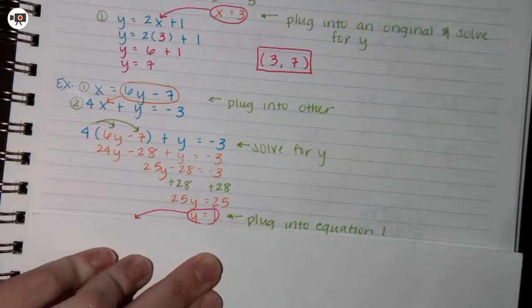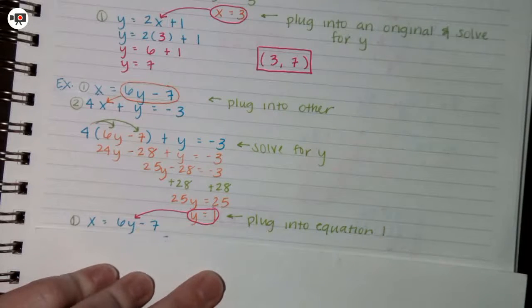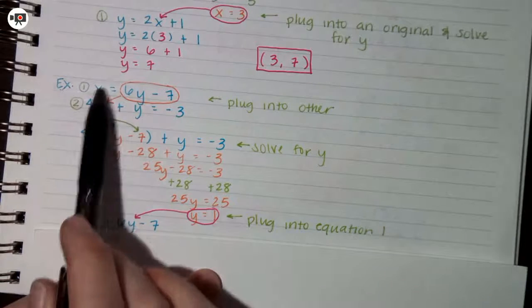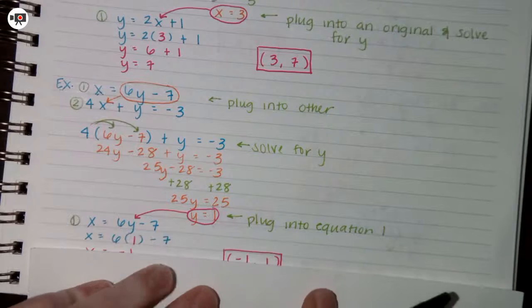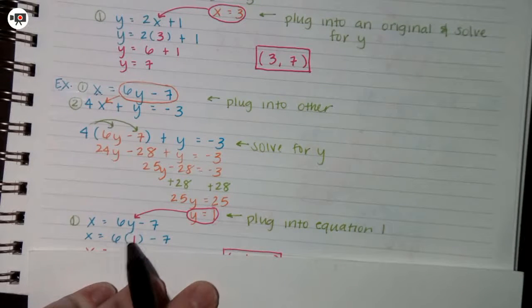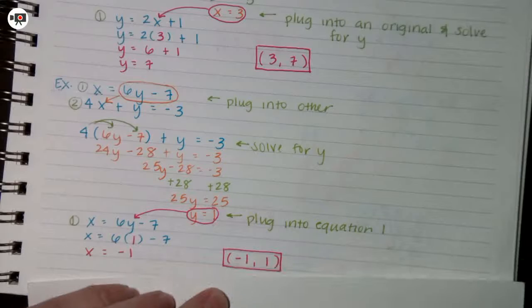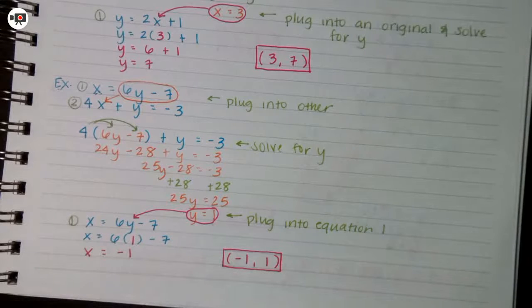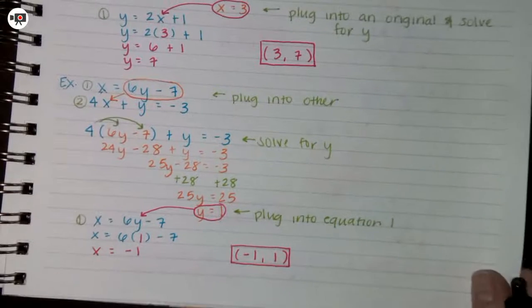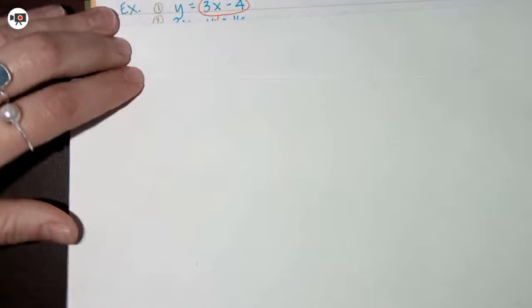I have a y equals, so I'm going to plug that into equation 1 because it will leave me with what x is. So then I have x equals 6 times 1 minus 7, and then x equals negative 1. I have a y equals and an x equals, and so my point is negative 1, 1. Let's try another example